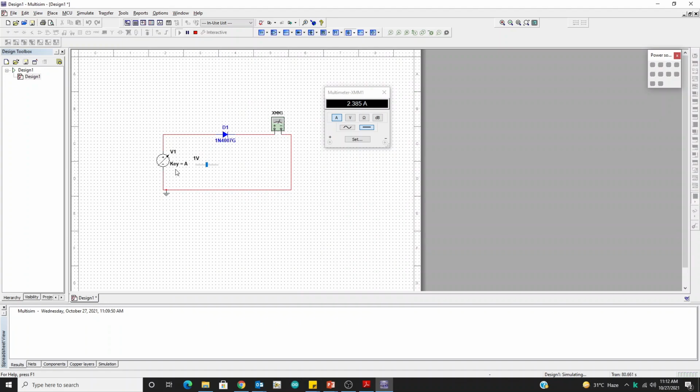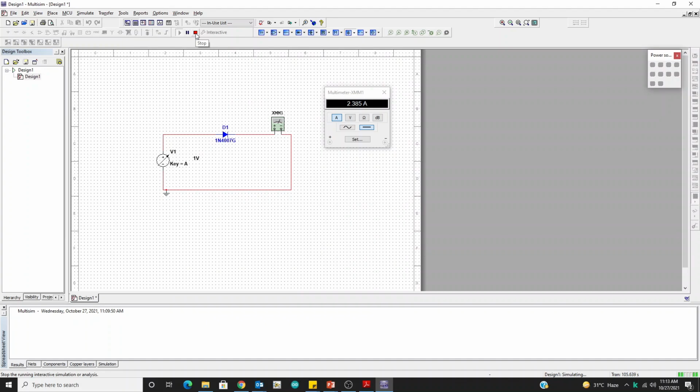When it breaks the potential barrier, the current just starts flowing. It acts like a switch, as I said before. So what you have to do is connect the circuit like this. For this DC source, the positive side is connected to the positive terminal of the diode, and the negative side is connected to the negative terminal of the diode. This is the forward bias condition.